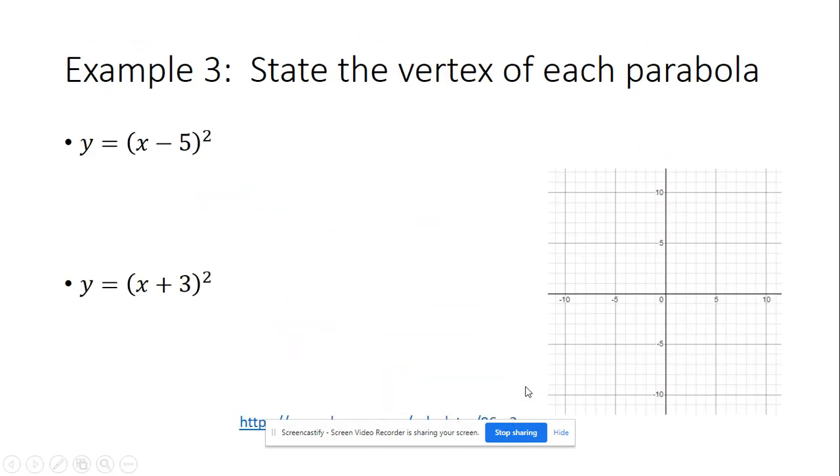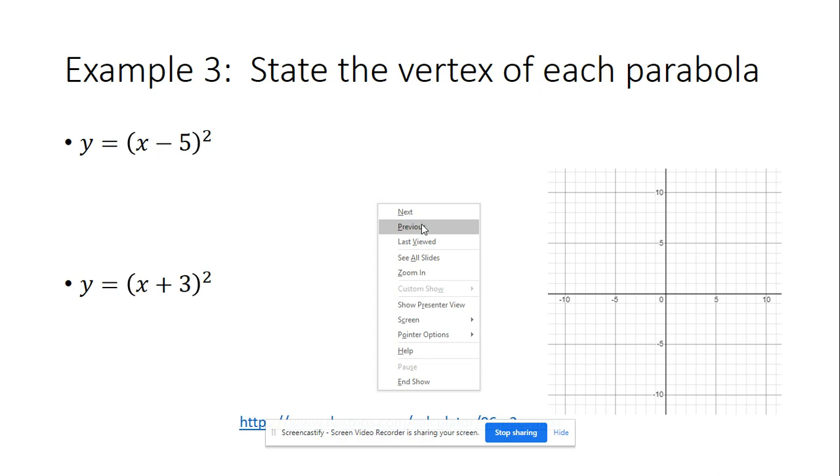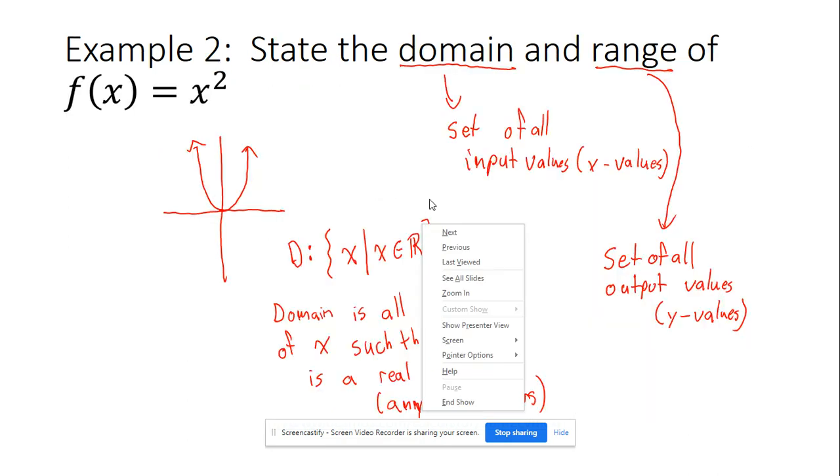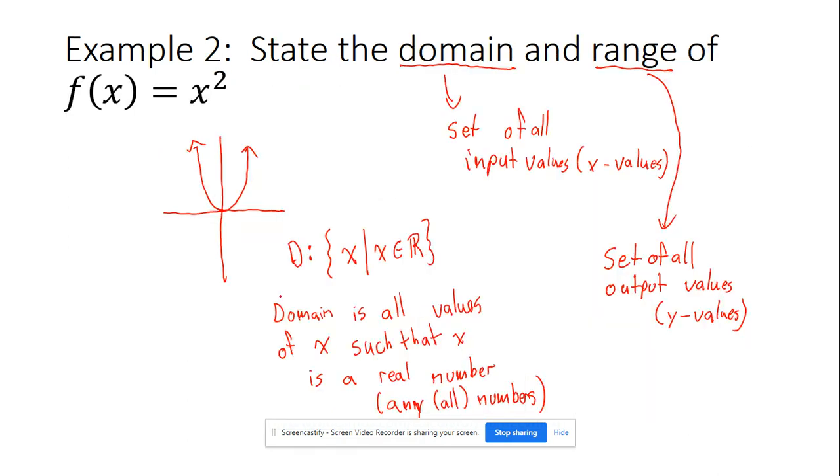All right. Now, when I'm talking about the range, it's going to look very similar. Our range is going to be this: the set of all y such that y is greater than or equal to 0, where y is in the real numbers. So this is saying that there are all y values, but y has to be bigger than or equal to 0. And if you think of this graph, it never gets negative,